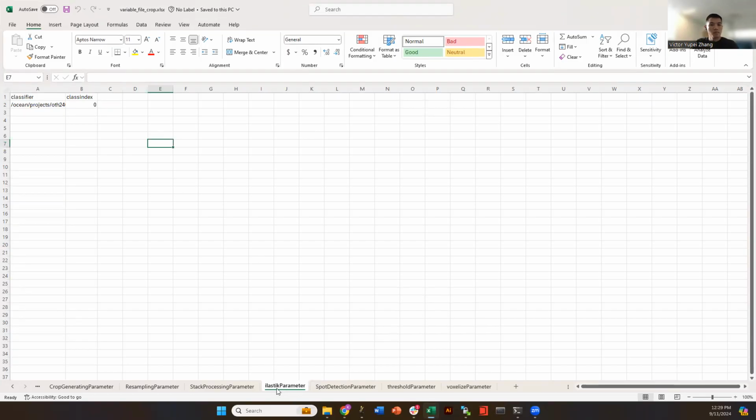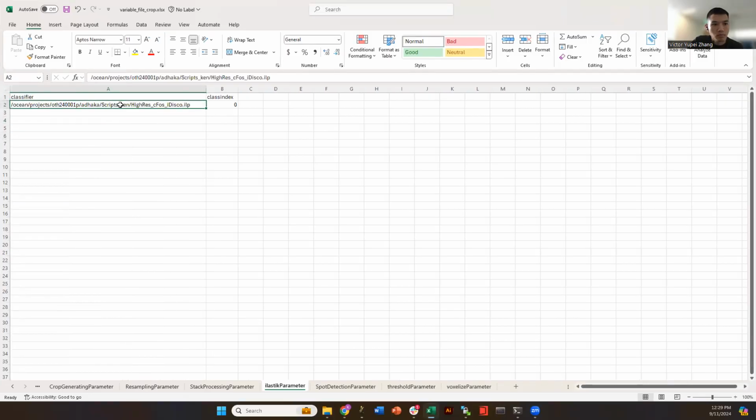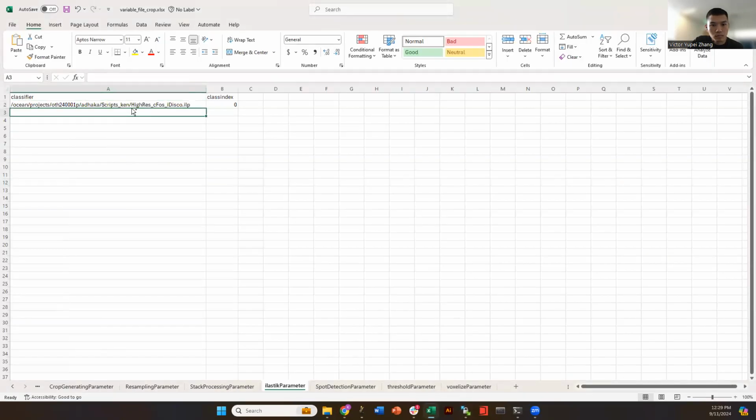You will make the pipeline use the variables listed here to do the elastic process. The first part here is telling where the ILP file is. So you basically want to take the path of this, copy to clipboard, and then you can paste it